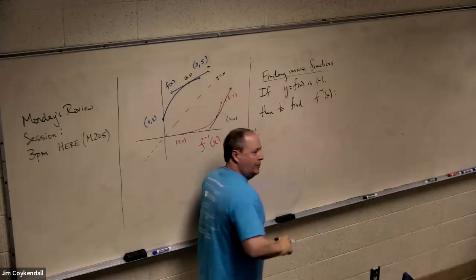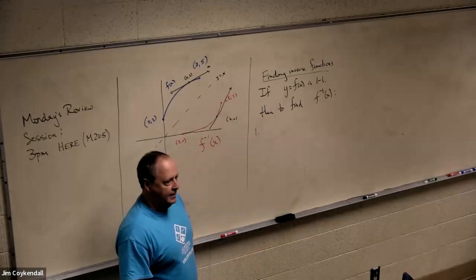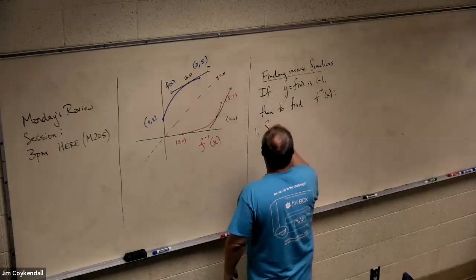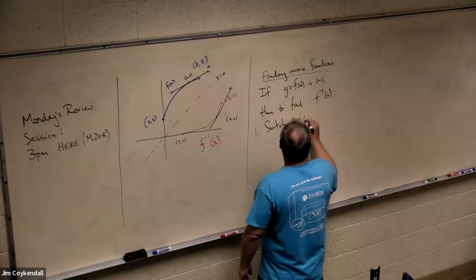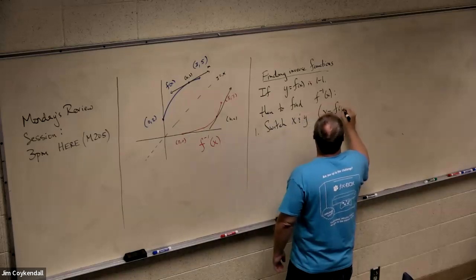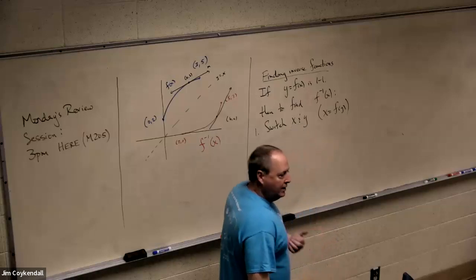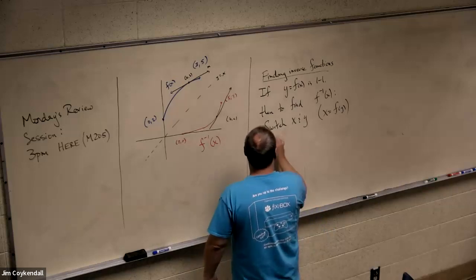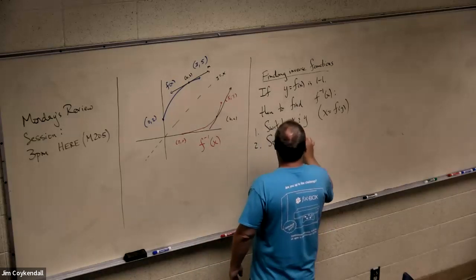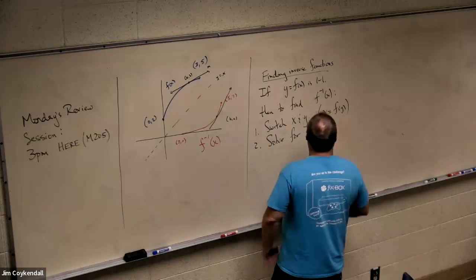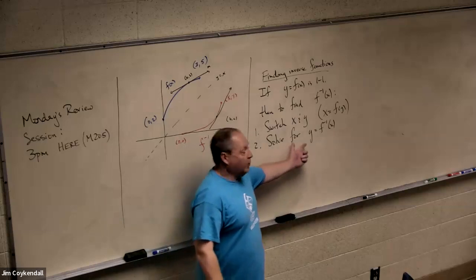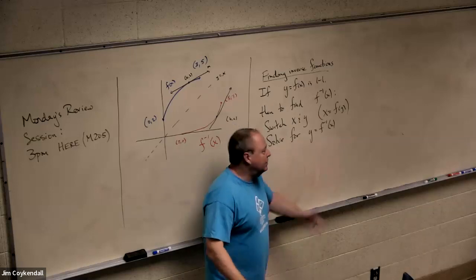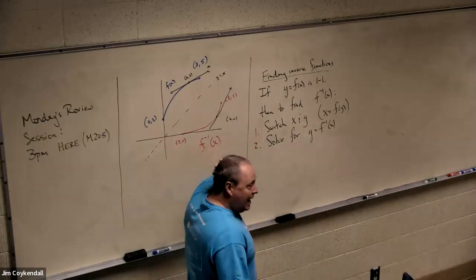Number one, see if you remember this procedure of what you did. Good. Switch x and y. So now you've got x on the left, y on the right. And now what? Good, good. So you've all been down this road. When you solve for y, you get everything. The problem really is with this step right here, because it doesn't take much for me to give you an equation. It's just that you're not going to be able to solve it. However,